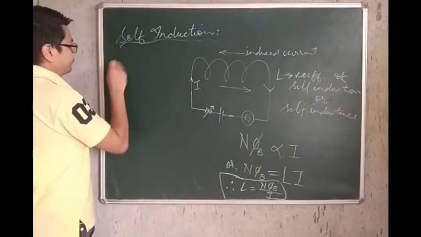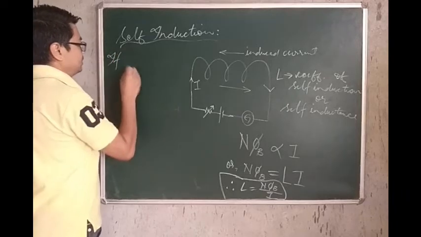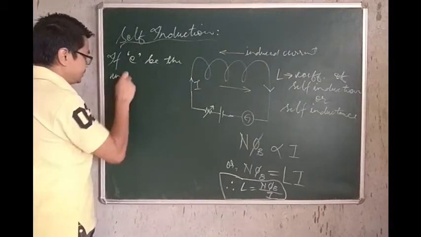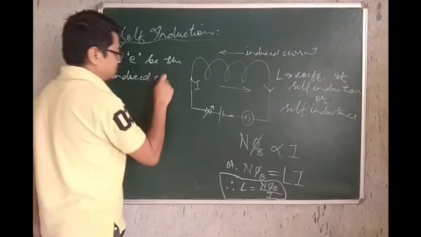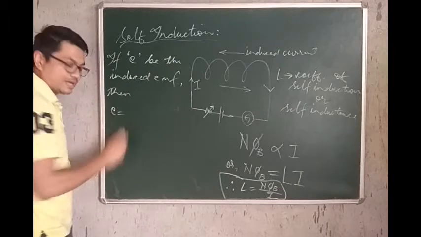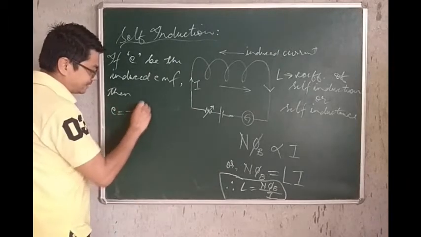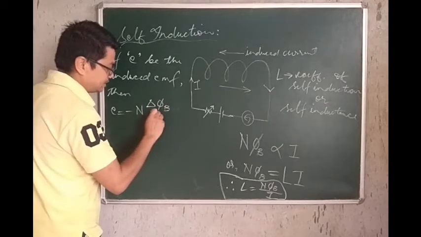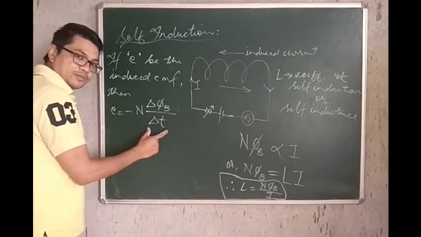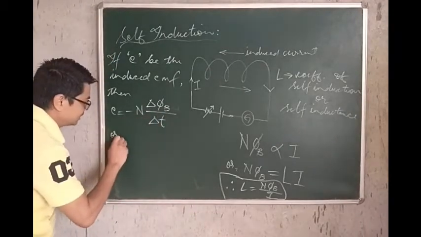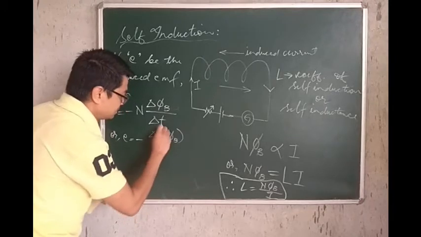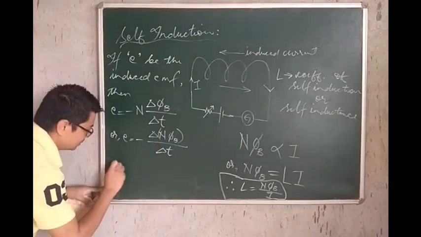Okay, now if E be the induced EMF in the coil, of course, then we can write, according to Faraday's laws, E is minus N delta phi B by delta T, where delta phi B, of course, is the change in flux taking place in time delta T, or E is equal to minus delta N phi B divided by delta T, or